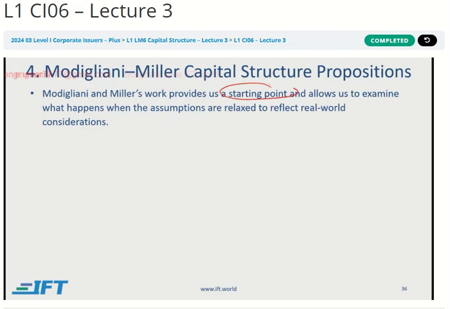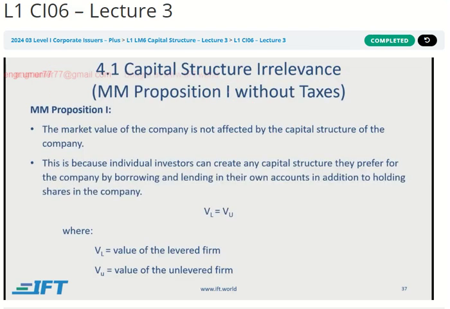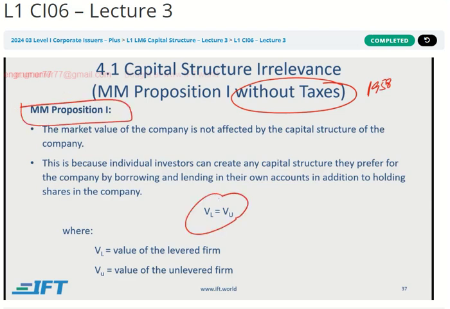And this, as inefficient or impractical as it might be, does provide us a starting point into the optimizing of a capital structure, and which we do, right? So we will move on to their second theory, and then we will move on to the static trade-off theory, and then towards the end of this learning module we bring in some more practical considerations, but at least this is a starting point for us. So now with their first one, which is the 1958 without taxes, and the first proposition of the first one, which basically says, hey,